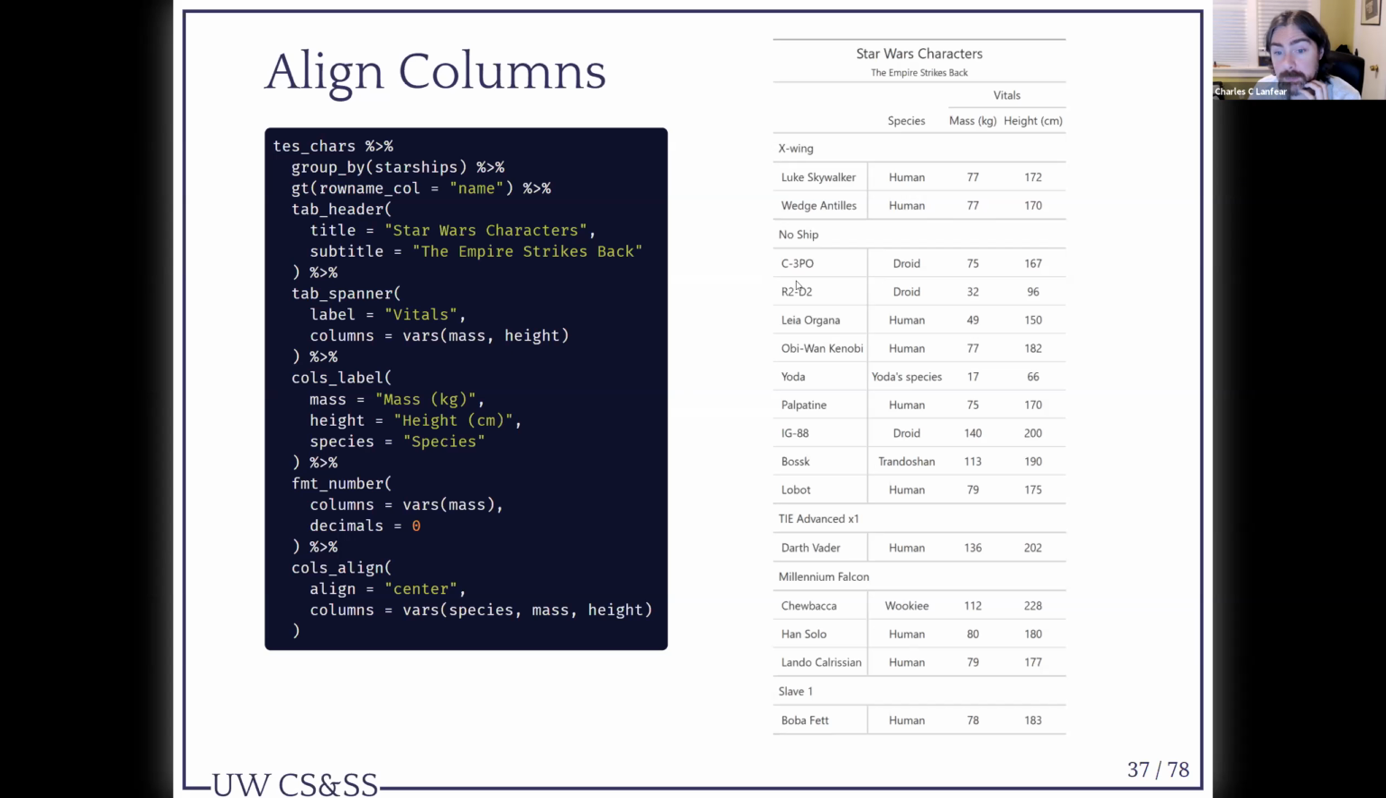This is an HTML table over here, which supports alignment of text. So I say here, I'd like to align some columns. How would I like to align them? Center. Which columns? Species, mass, and height. So now the species, mass, and height columns are centered in their respective columns, but these ones are still left